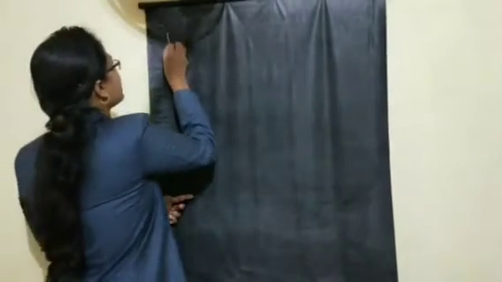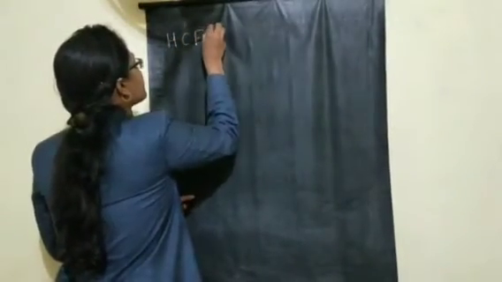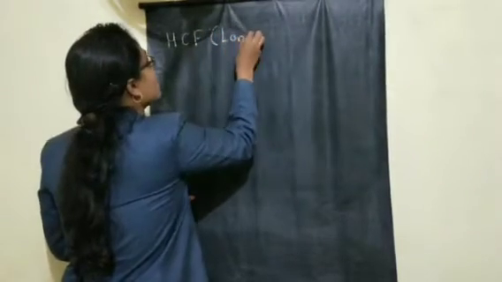Children, in the last session we have seen what is meant by factors, how to find the common factors and the highest common factor, that is HCF. Today we will see how to find the HCF, but another way, that is with the long division method. So let us take an example and try to understand how to solve the HCF problem by the long division method. Okay children, so our today's topic is HCF by long division method.